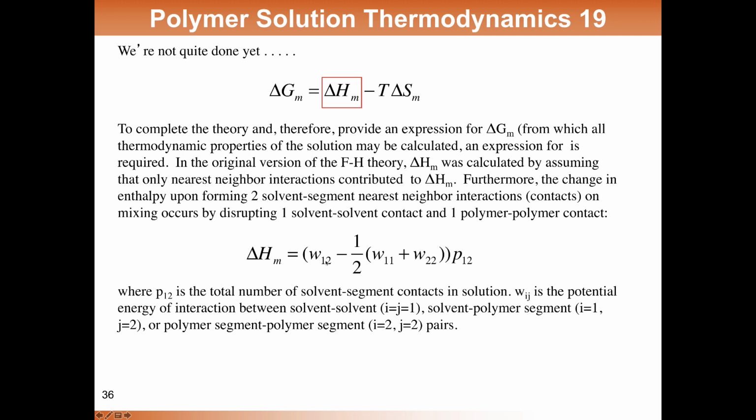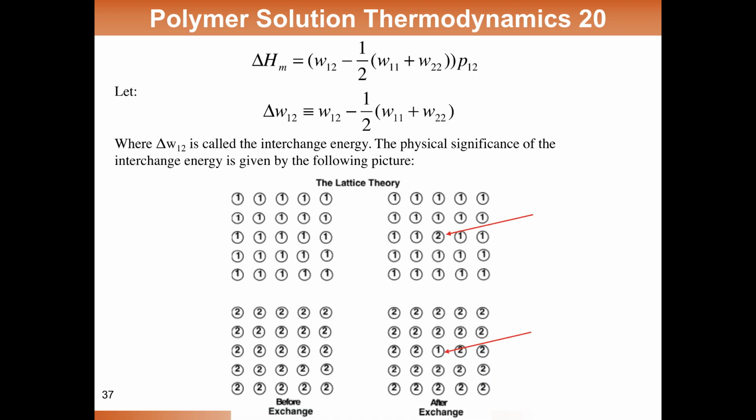And W12 is the potential energy of interaction between solvent and a polymer segment. W11 would be between solvent and solvent, and W22 would be between polymer segment and polymer segment. I'll show you where this comes from in just another slide or two, which will make that real clear. So the delta W12, which is just the piece in parentheses,